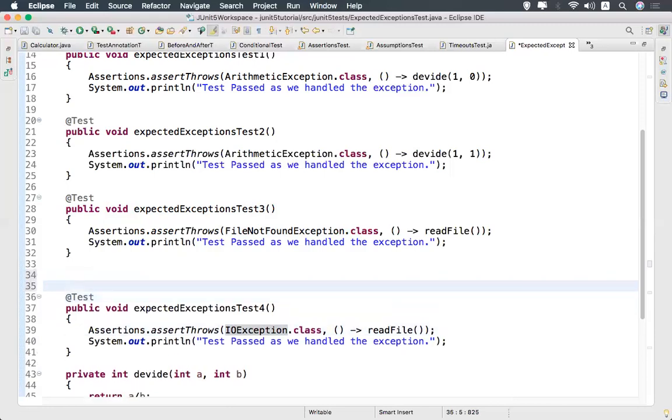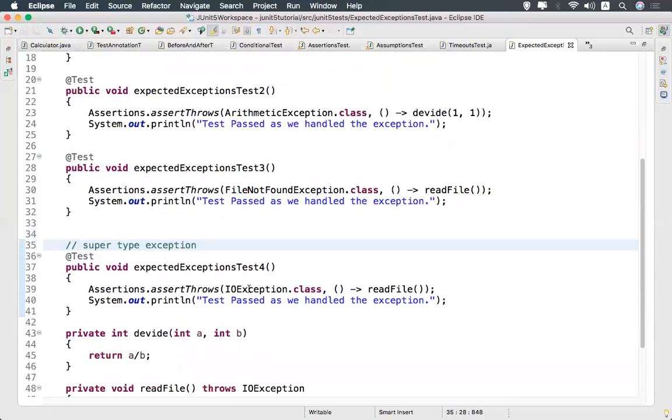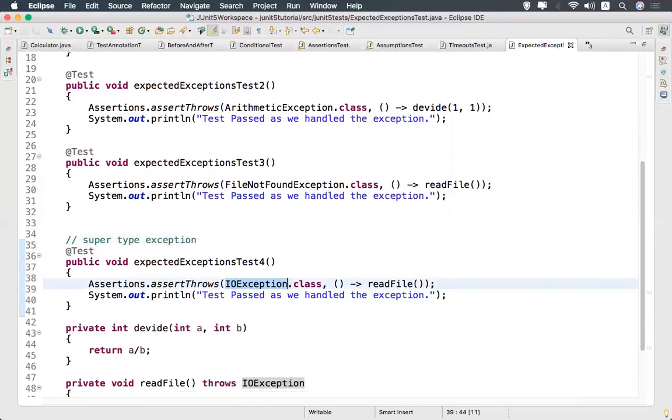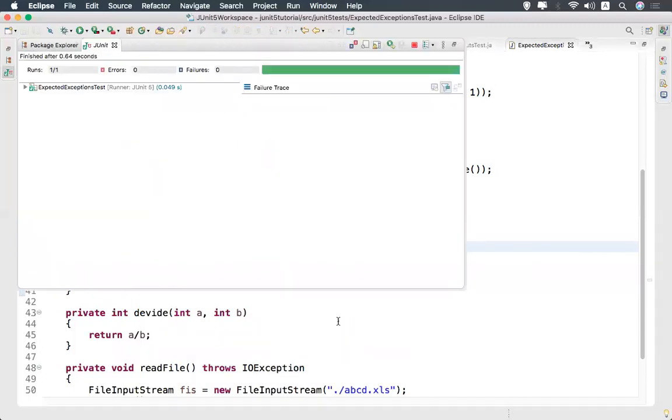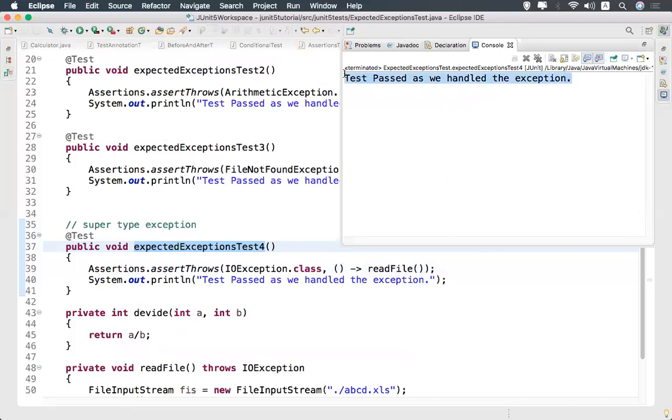This is called super type exception. Actually I need to give FileNotFoundException, but I'm giving IOException, which is the super type of it. So now also it will execute fine and pass the test case. You see that it passed.